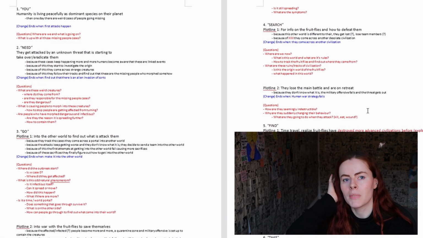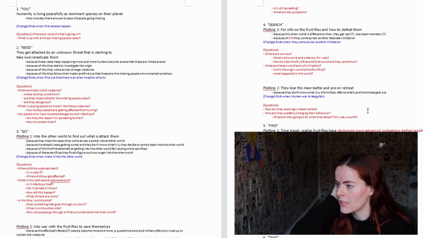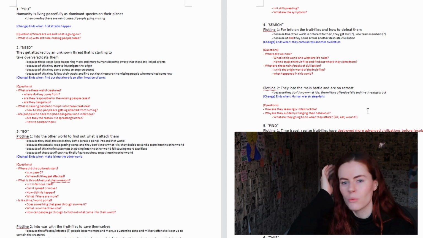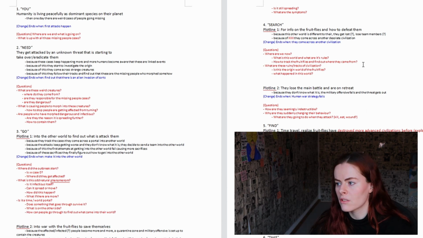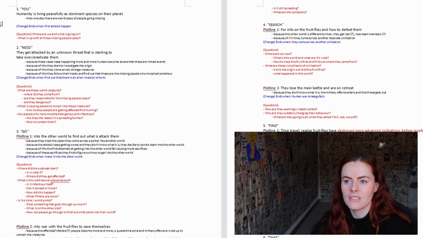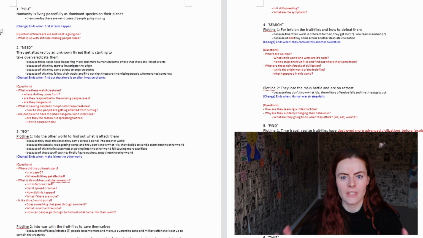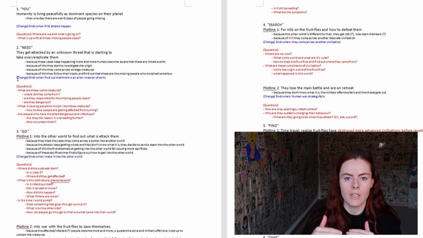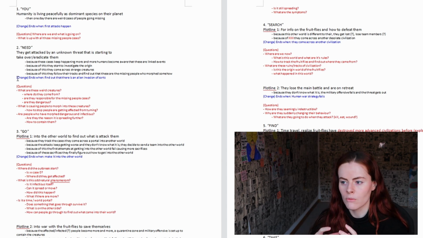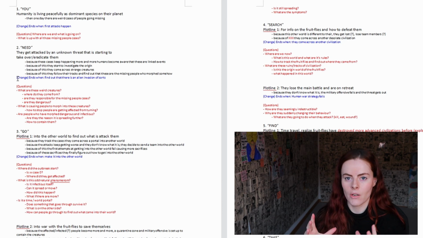And then the beginning of the subplot would be at the point where, you wouldn't want to start the subplot too early, right? You don't want to start the subplot at 1, because at 1 the reader is still getting to know the world in general and the main conflict. So you want to set up the world and the main conflict, and then at 2 it's basically the stakes, what the characters should be doing, setting that up as well.